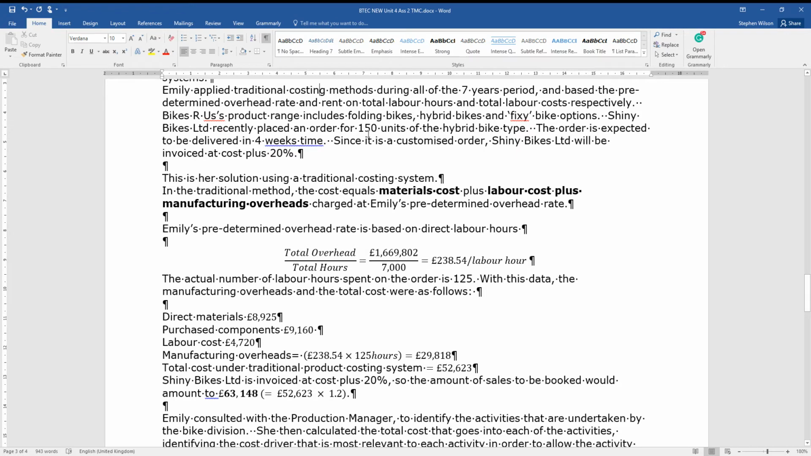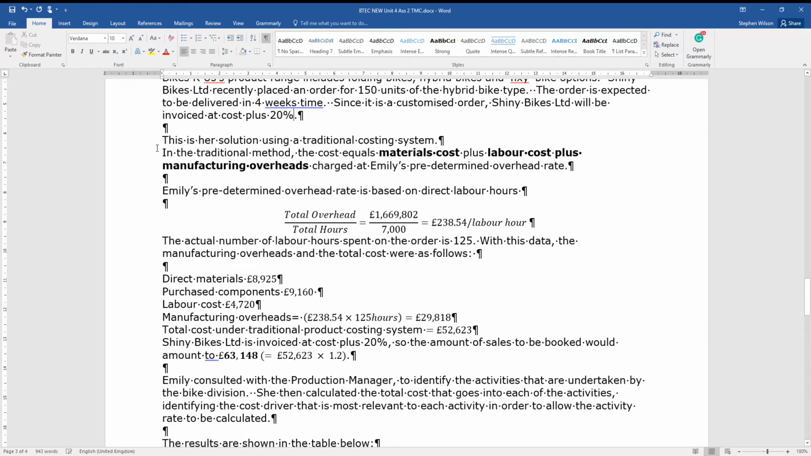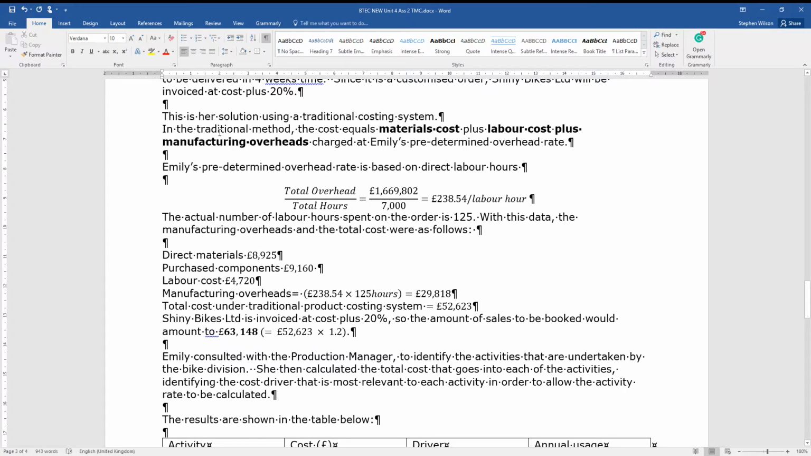Shiny Bikes Limited placed an order for 150 units. The order is expected to be delivered in 4 weeks' time. Since it's a customised order, Shiny Bikes will be invoiced at cost plus 20%. So, this is her solution using a traditional costing system. Cost equals material cost plus labour cost plus overhead. Total overhead divided by the total number of hours